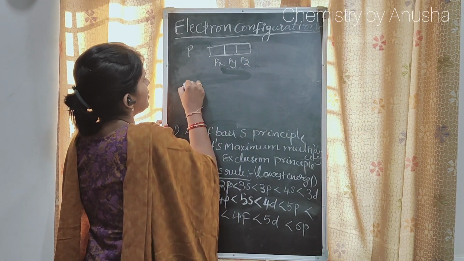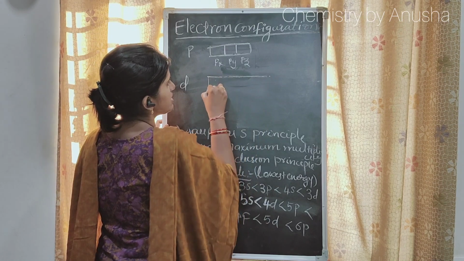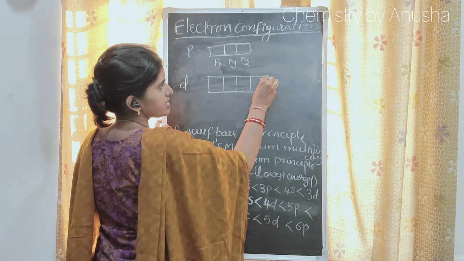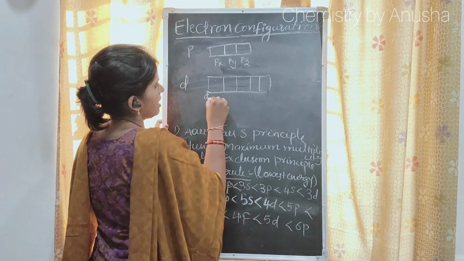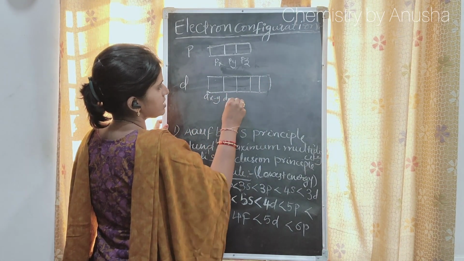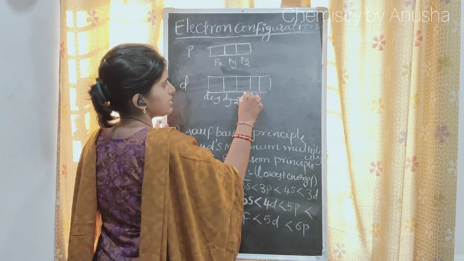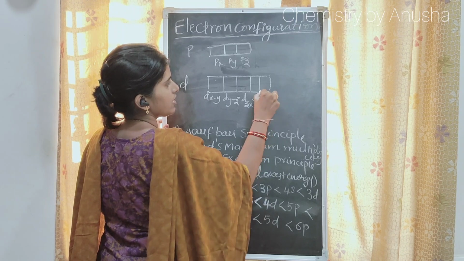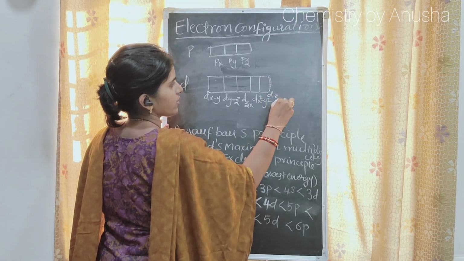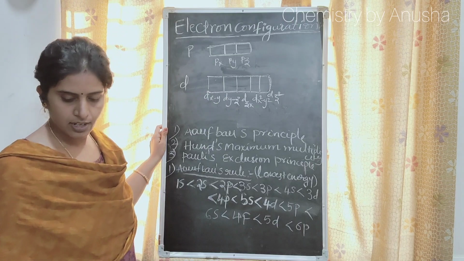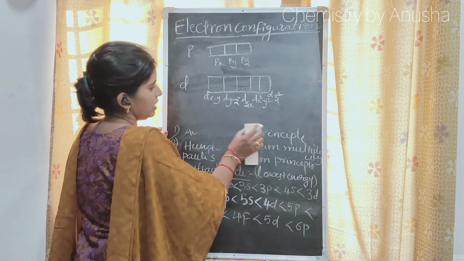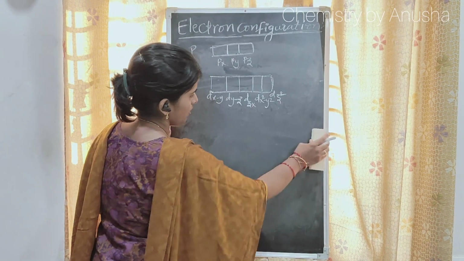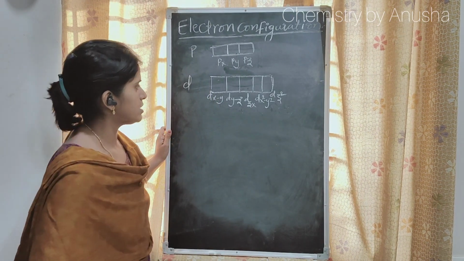The d orbital has 5 degenerate orbitals: dxy, dyz, dzx, dx square minus y square, and dz square. So there are a total of 5 degenerate orbitals for the d orbital. Here, according to Hund's principle,